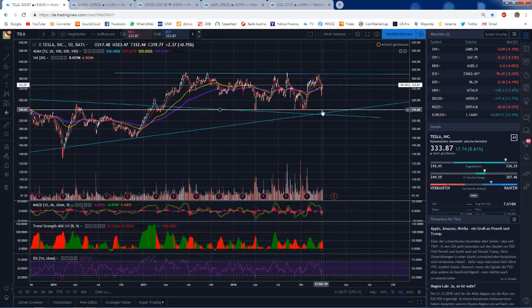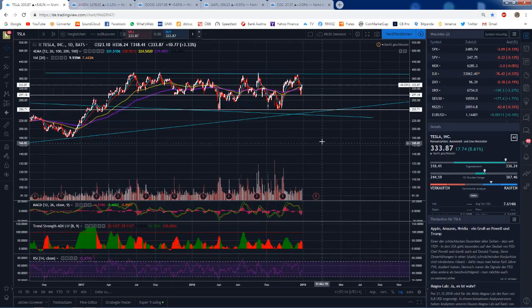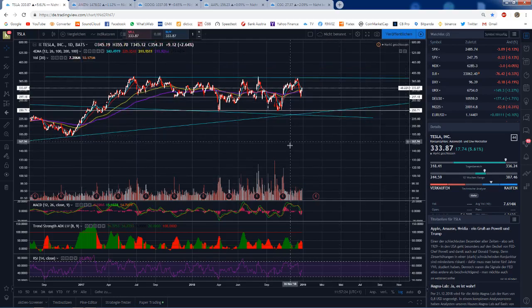On the bottom we've seen 3 wicks. We can draw a second bottom here and here, maybe here. So very clear resistance, but still quite choppy. So this is also an indicator that price movements in this stock are based on emotions, or are a bit emotional,